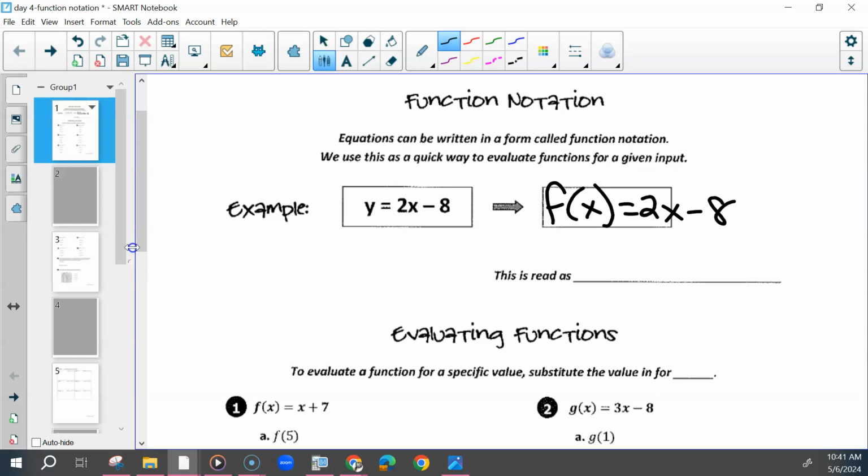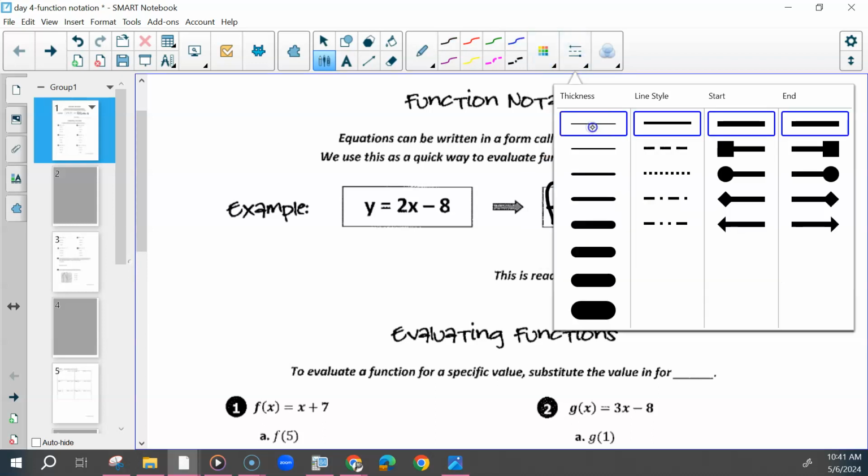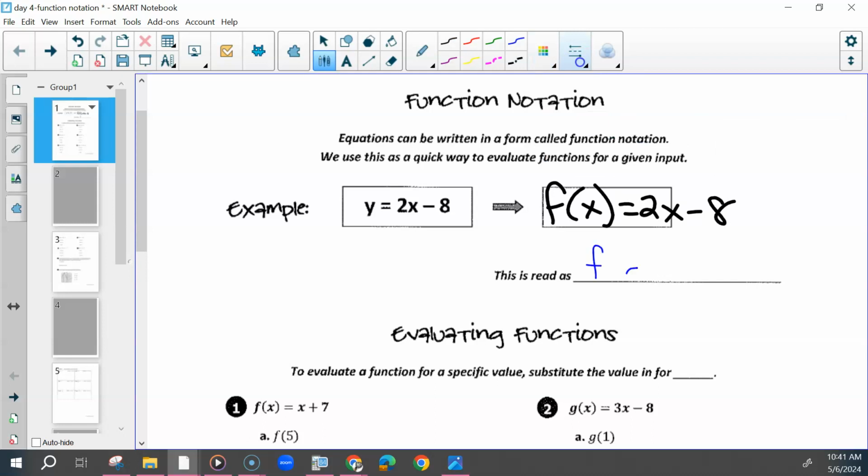F of x is more for functions, an input-output type thing, whereas with equations you're solving those, graphing those, and so on. This is read as f of x. So anytime we evaluate these, we're